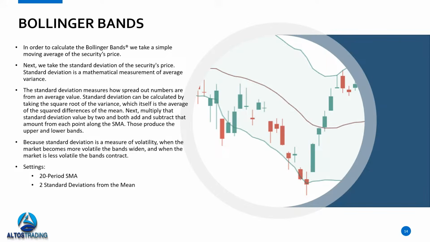Okay. Most charting platforms, including MetaStock, will default to a 20-period SMA. Again, that's our center line. And then a 2 standard deviation setting for the outer bands. I'll refer to them as the outer bands or the upper and lower band. Okay. So those are the settings that I use universally across any time frame, any asset class. I don't adjust those settings, okay?